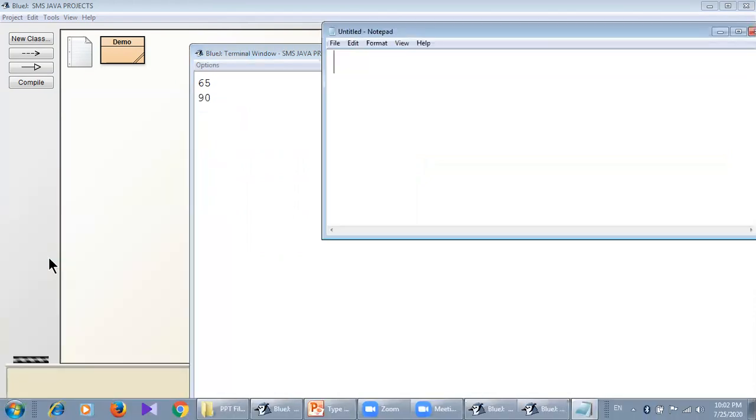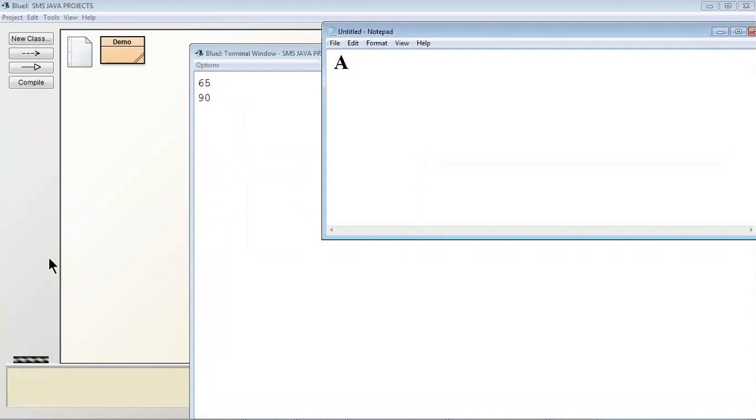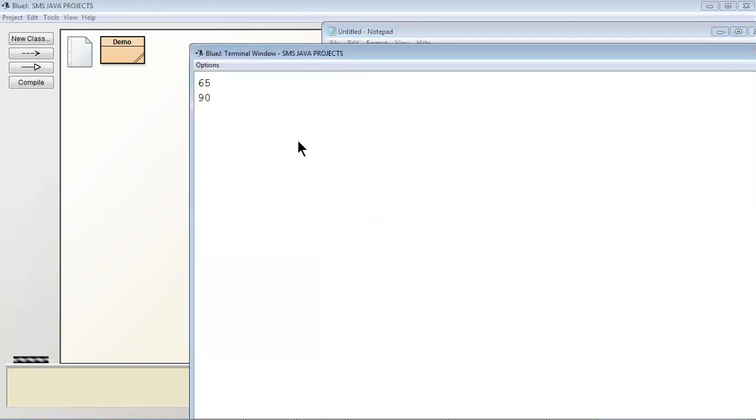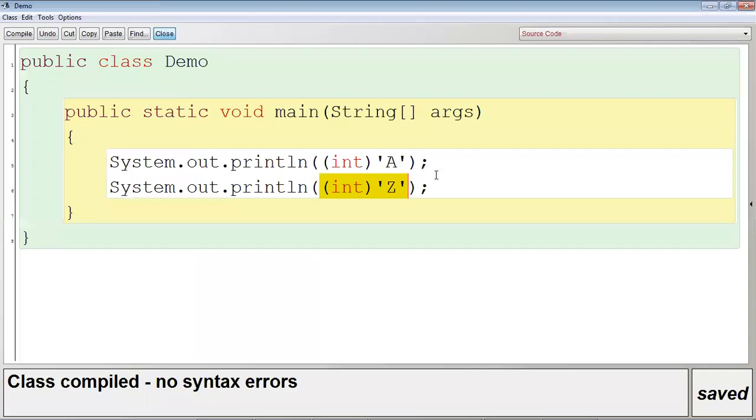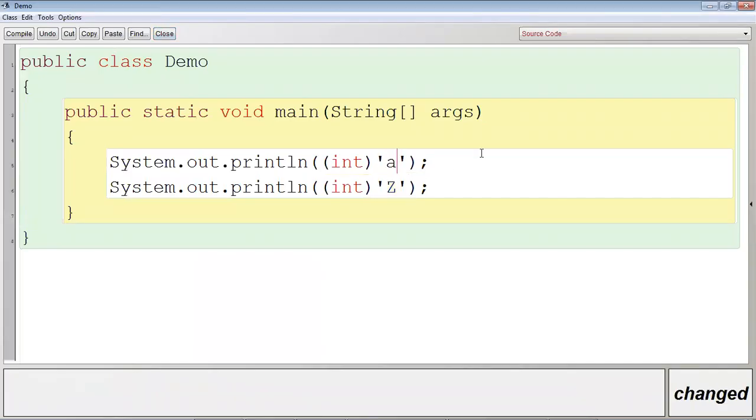Let me note it down. ASCII code. So from capital A to capital Z, the ASCII code is 65 to 90. Then small a to small z, what is the ASCII code?